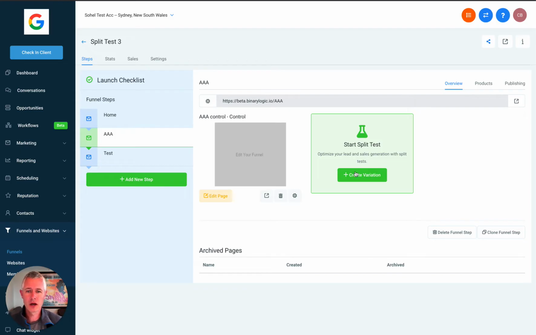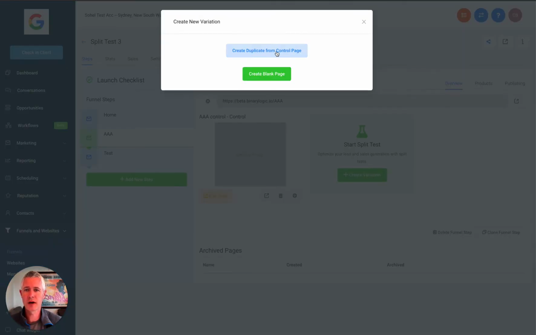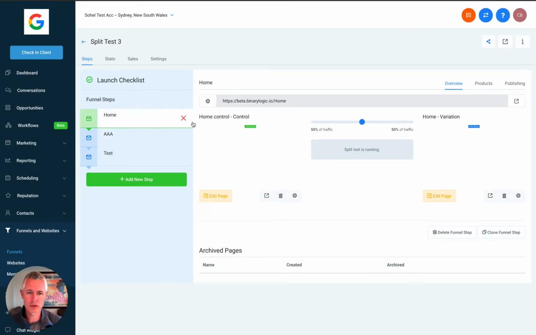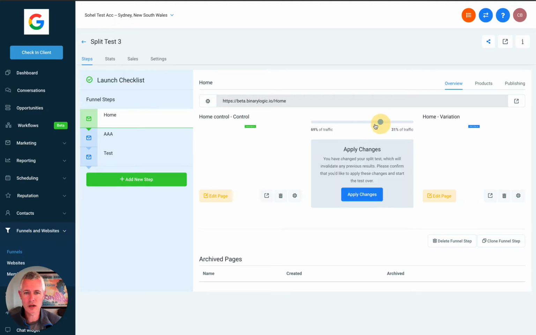You can see you can create variations. You can duplicate the control page. You can create a blank page. And then once the actual test is running, you can see here the split test is running. We have a couple of UI updates here. Obviously, you can choose the traffic split that you want to have, and then I guess also in the stats